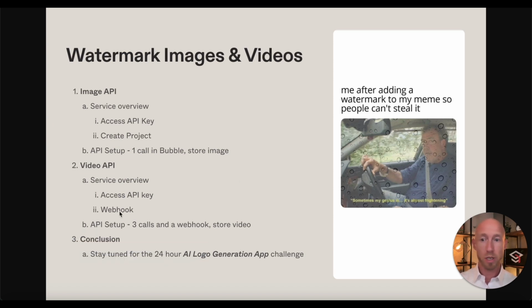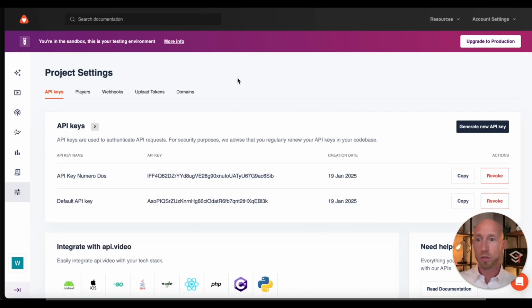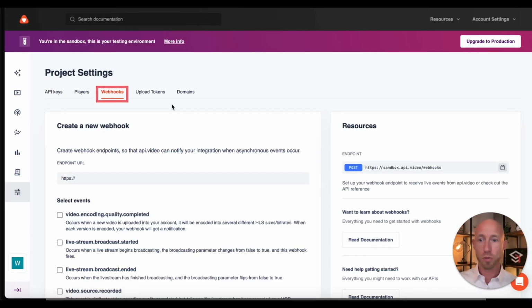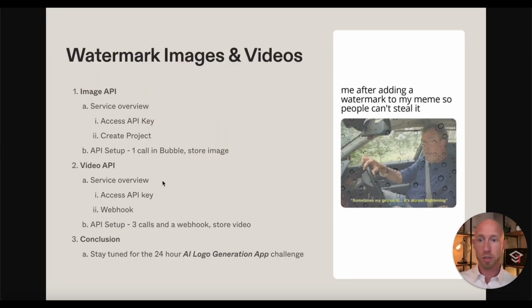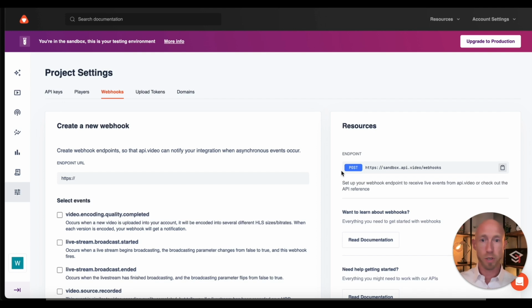Okay, so we're gonna check out where to access a webhook, because this one's a little more complex than the other one. So we're going to head over here. We're going to go to Webhooks. What we want to do first and foremost is we're going to start out. So we've got our API key there. We saw on the other screen. It's just over in,